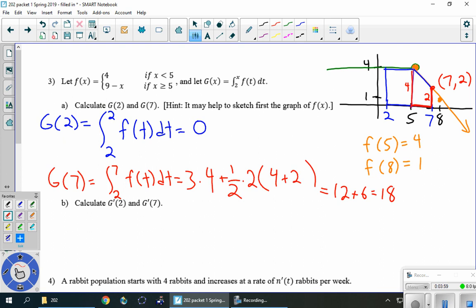Okay, part B says calculate G prime of 2 and G prime of 7. Let's try it. G prime of 2 equals. Okay, actually before we do G prime of 2, let's do G prime of x. So we're looking for the derivative of this thing right here. So I'm going to write it in maybe a slightly different way. G prime just really means find the derivative of,